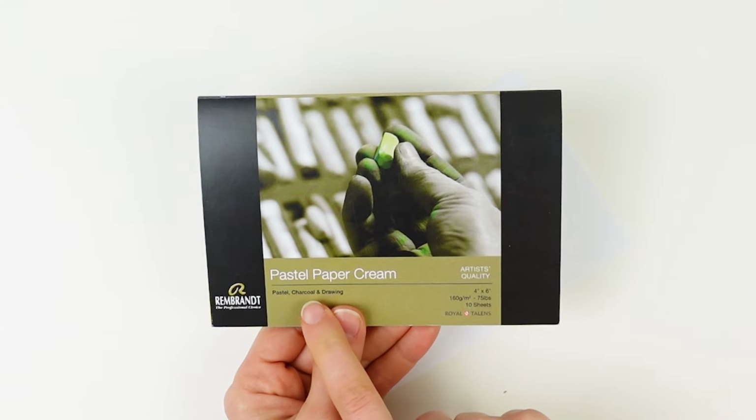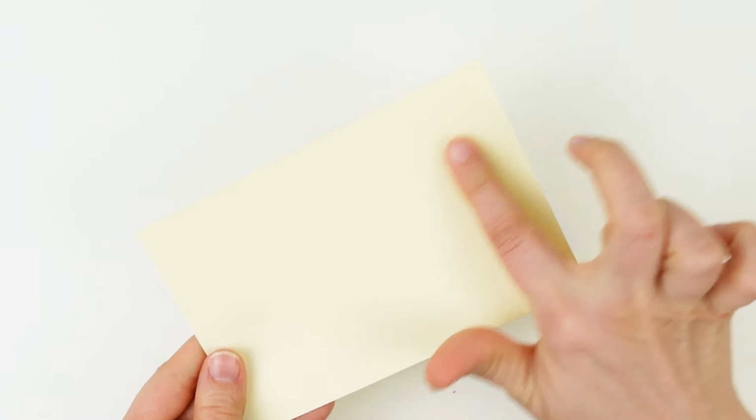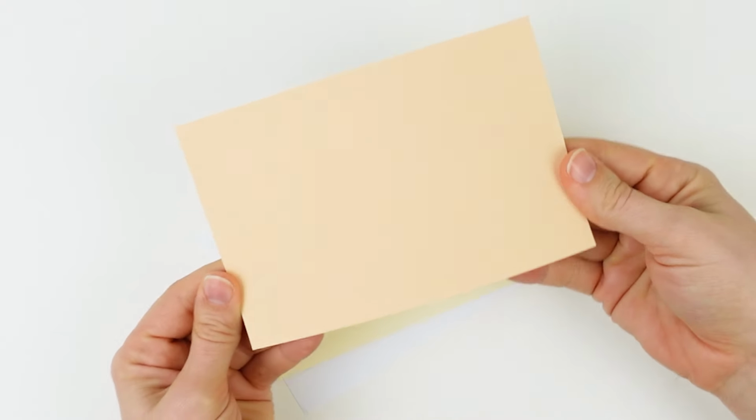I'm going to be testing three papers side by side. I've got printer paper at 75 GSM. I've got Rembrandt pastel paper at 160 GSM. This paper is definitely sturdier than printer paper, but it's still relatively thin. And of course, I'll be demonstrating on Pastelmat, coming in at 360 GSM, over twice as heavy as the Rembrandt